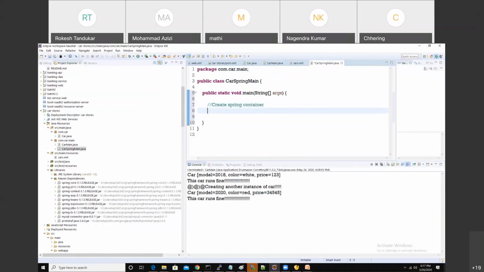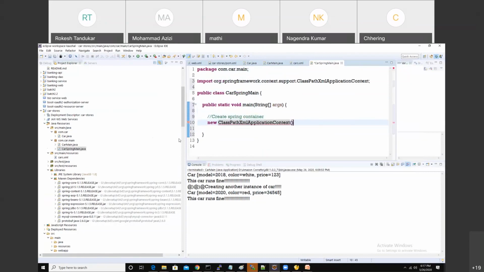How to create a Spring container? You have to use new ClassPathXmlApplicationContext. This you don't need to remember, okay? And here you can pass the name of the XML file, car.xml. So this Spring container will read this XML file and make